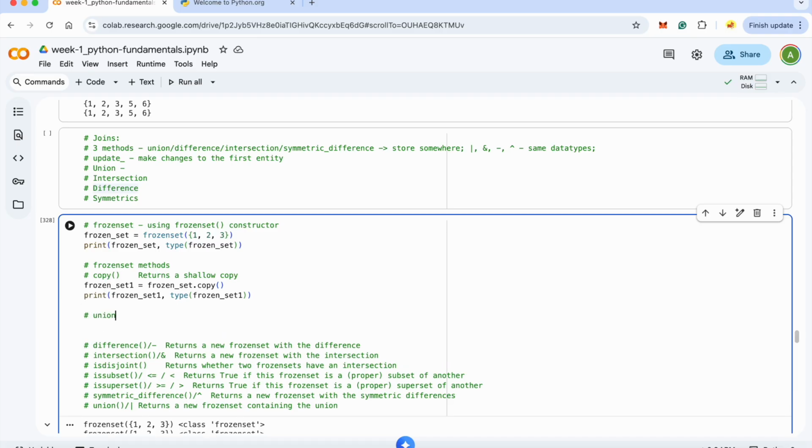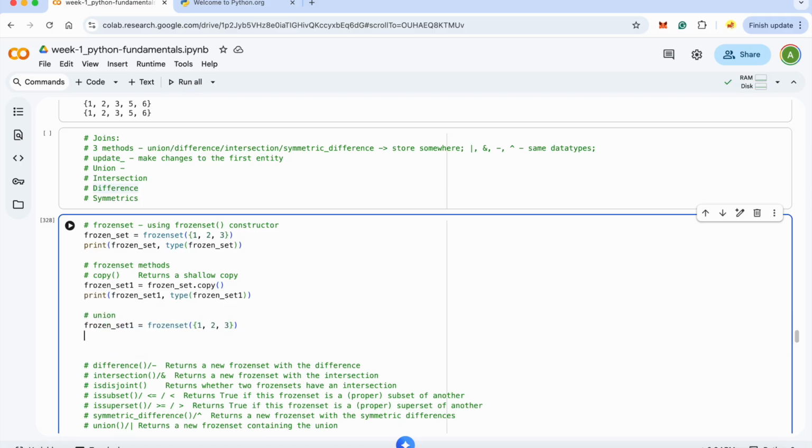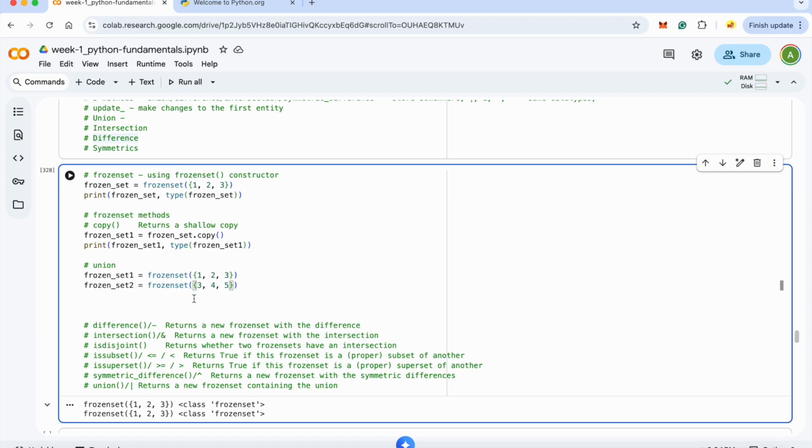Let's say I have these two frozensets, frozenset1 and frozenset2. Let's have it 3, 4 and 5. Now union, I can do something like frozenset